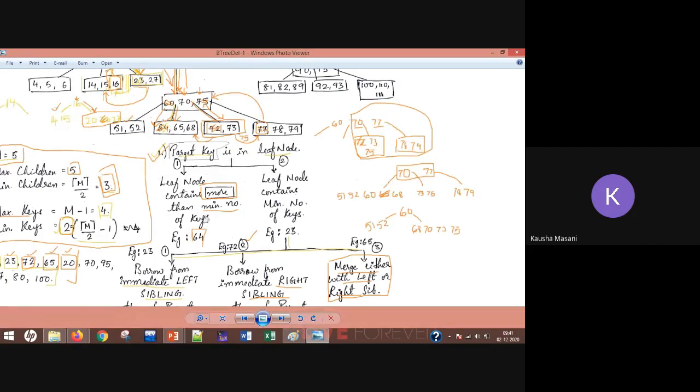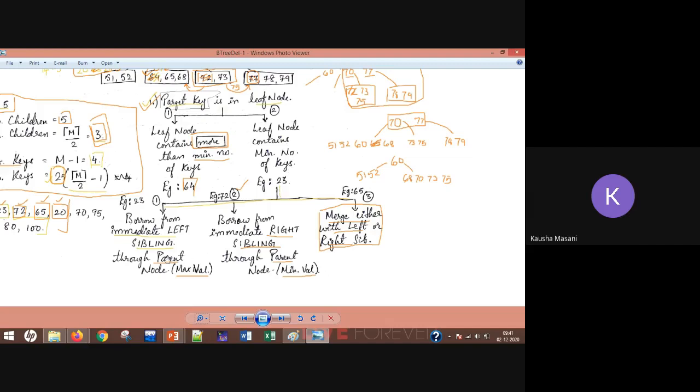If the target key is in the leaf node, but the leaf node contains the minimum number of keys, you cannot directly delete. In that case, you have to look at three options. Option number 1, you can borrow from your immediate left sibling through your parent node, and then delete.